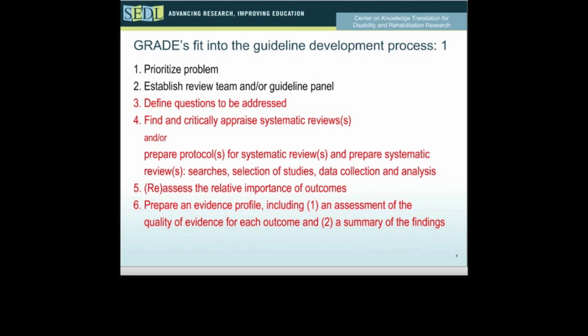And you will see, we'll get to that in a minute, that GRADE is very big on the systematic reviewers and the guideline teams